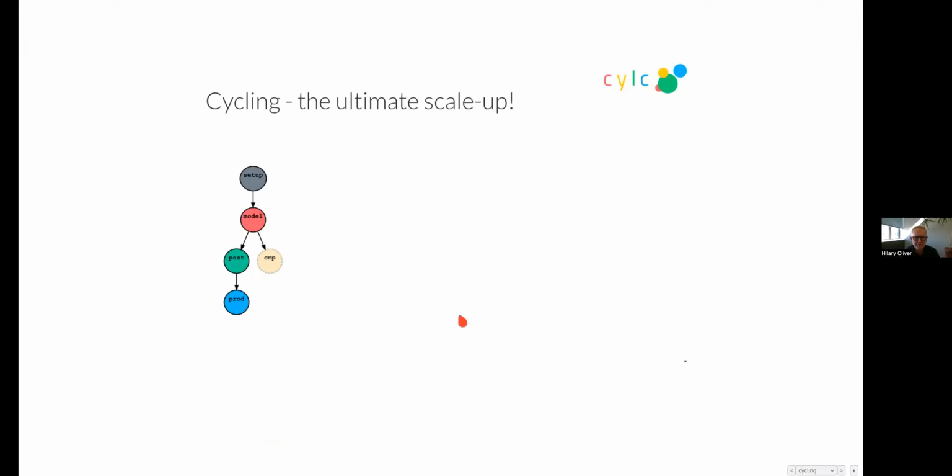Now, the last thing I'm going to show you before the demo is Cylc cycling capabilities, which I've called the ultimate scale up. And why is that? It's because cycling is a dynamic way of iteratively processing things, and it's unlimited, a bit like if you're familiar with Python iterators versus concrete lists, say, you can keep going forever.